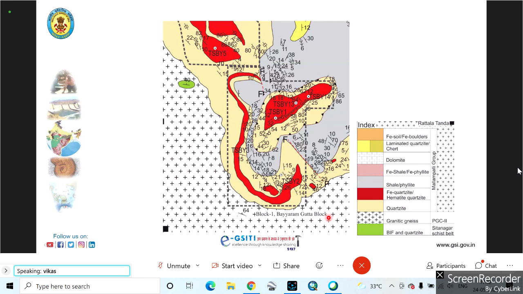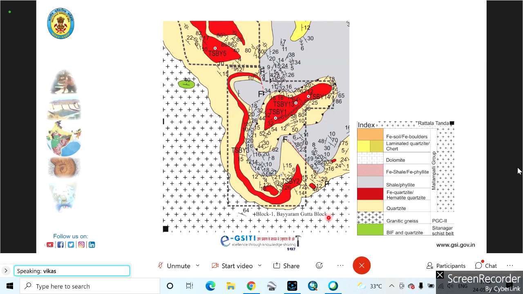They had identified that in this particular part, what I'm showing you here, 2 red zones you are able to see. The light brownish or yellowish brown part is your quartzite. Then this red one is your hematite band, followed by quartzite, then shale, then quartzite, and topped by a red colored part at the top, which is your hematite there.